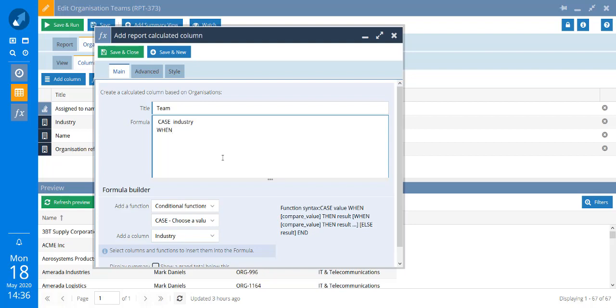So when, and then the first one was manufacturing. Notice I'm putting manufacturing in apostrophes because it's a string of text, and then team 1. The when, the then, the case don't have to be in uppercase, but personally I find it makes the formula much easier to read if I do those pieces of the function in uppercase when I come back to look at it later. So I'm starting a new row, and my next option was education, and if it was education then it was team 2,